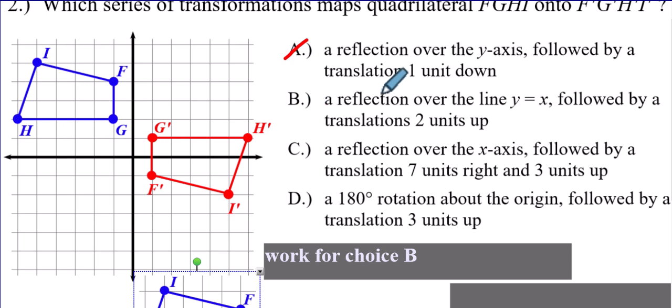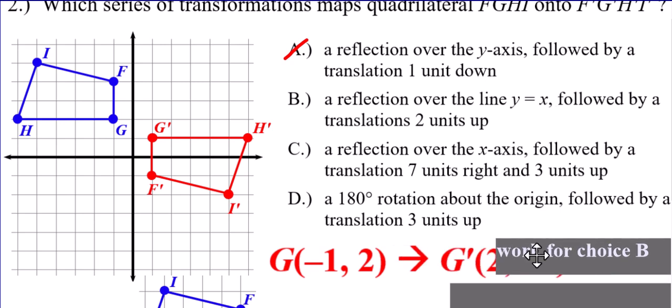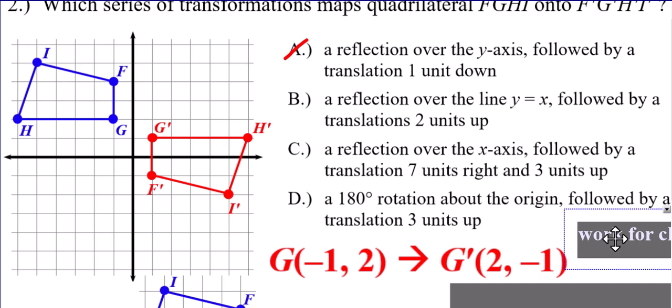Choice B, reflecting over the line y equals x. Remember what you do with this? You would change the coordinates of the y and the x. You flip-flop them. So let's just pick a random letter. Okay, write this down with me. G was -1, 2. Left 1, up 2. If I reflect it over the line y equals x, that's going to make it